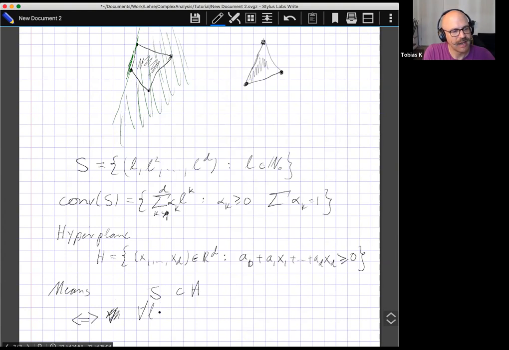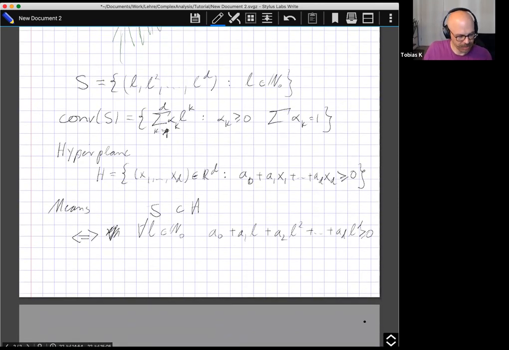It means that for all L in N0, I have that a0 plus a1 L plus a2 L squared plus up to aD L^D is greater or equal to 0. And here now you see how we come back to our polynomials. And having D points, the second condition, having D points in S